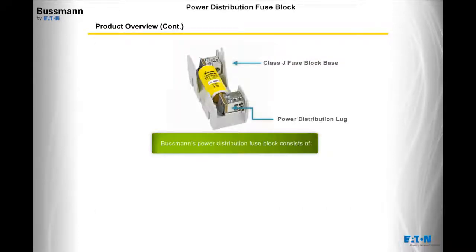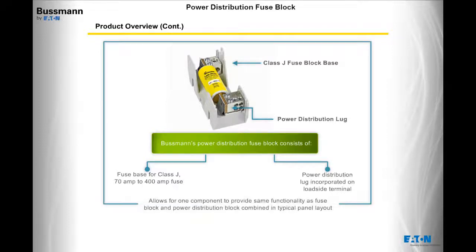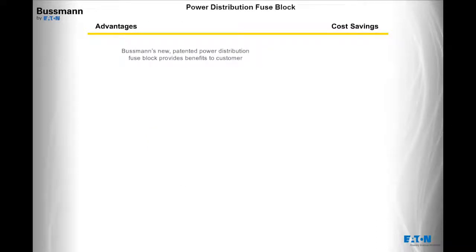Bussmann's power distribution fuse block consists of a fuse base for a Class J 70 amp to 400 amp fuse, with a power distribution lug incorporated on the load side terminal. This allows for one component to provide the same functionality as a fuse block and power distribution block combined in the typical panel layout. Bussmann's new, patented power distribution fuse block provides an array of benefits to the customer, including